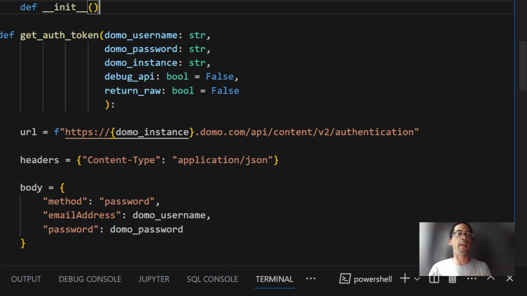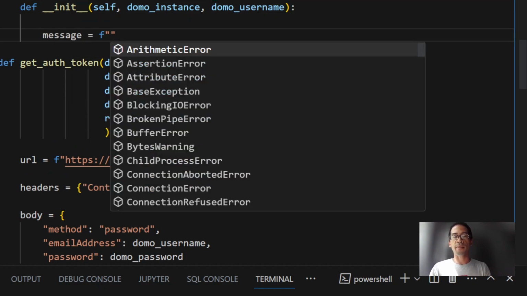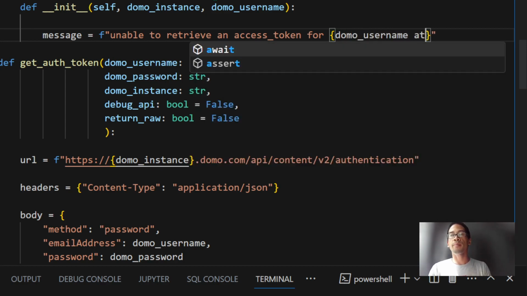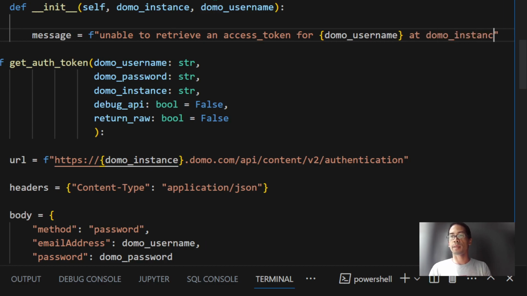So what happens when I initialize this? I have to pass in self, and maybe I'll pass in the Domo instance and the Domo username, and I'll say my message is equal to f-string unable to retrieve an access token for Domo username at